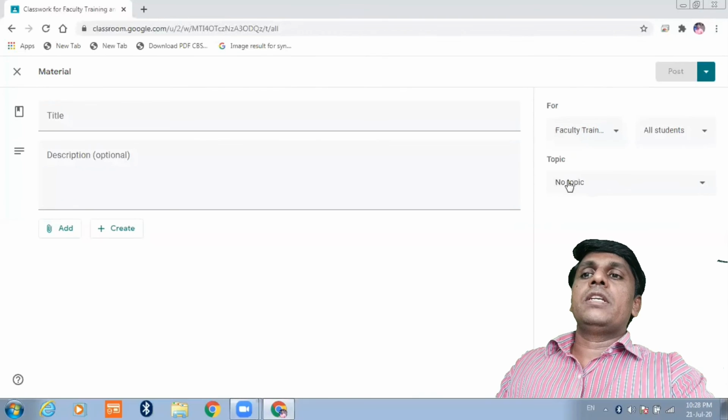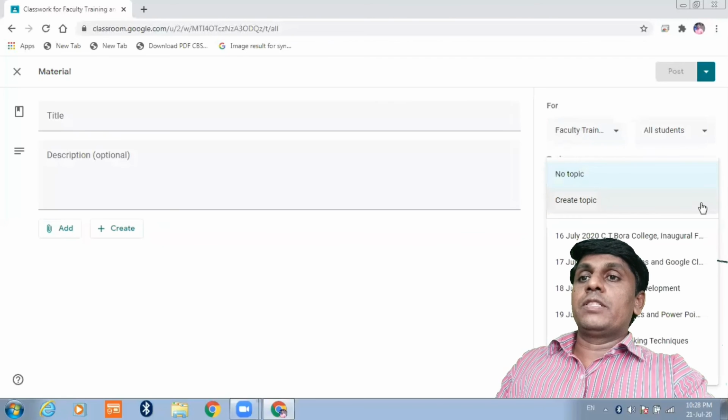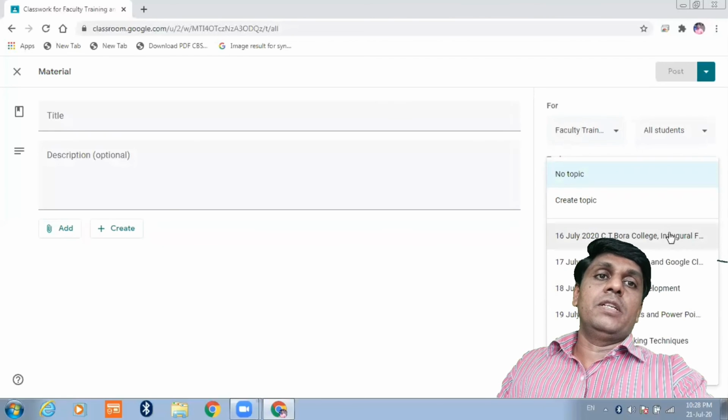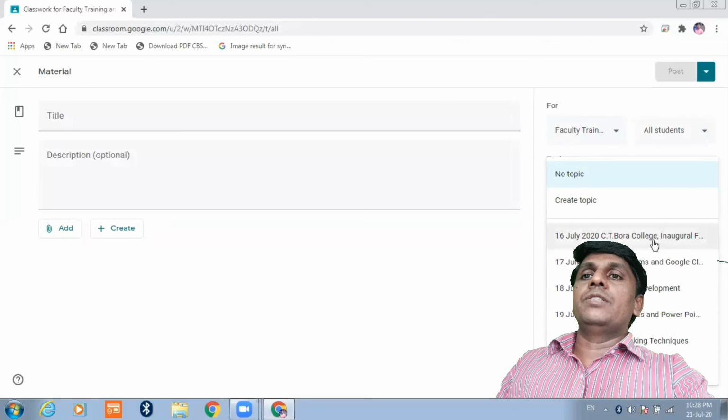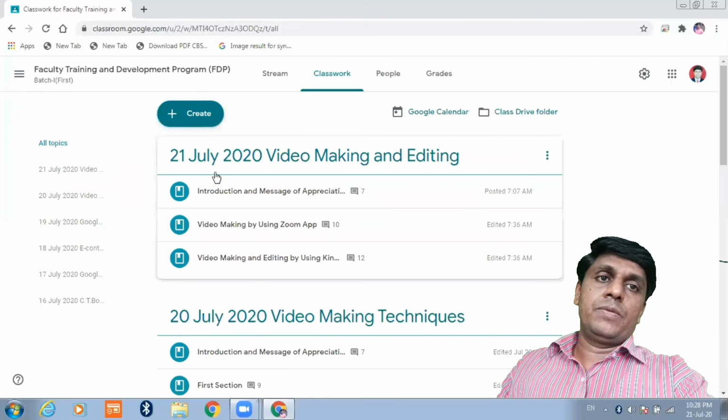Then after setting this, go to the topic. As you created the topic, you have to select the same topic here. For example, type here, the topic will appear, select the topic and it will be saved, and say post. If you click on post, then your material is uploaded here at the top.